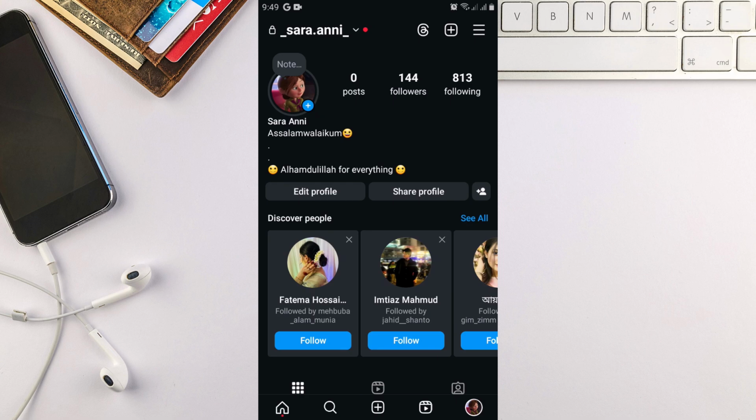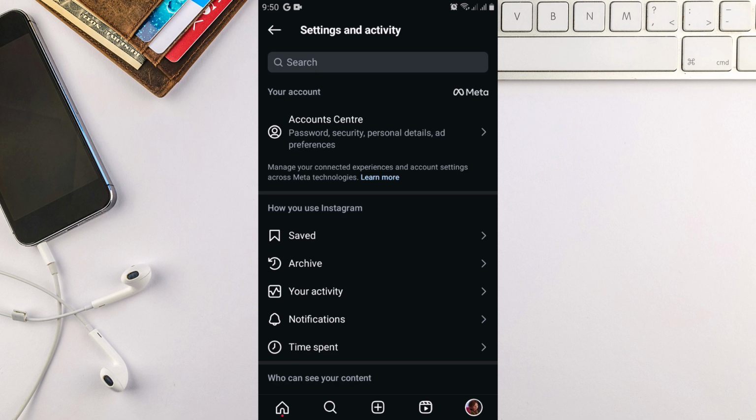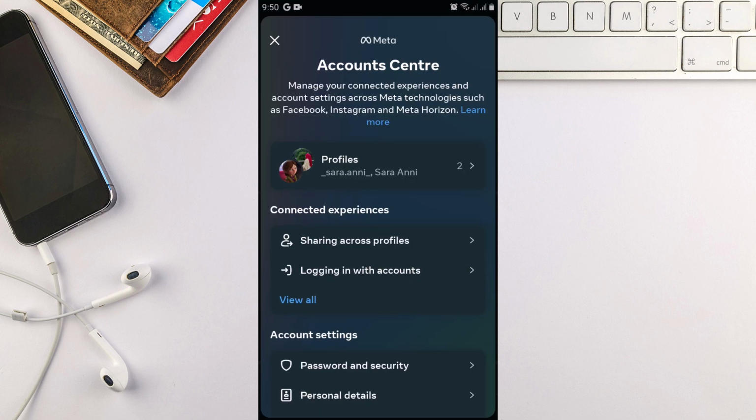Once you're in your Instagram account, head over to your profile that is already linked by Meta with Facebook and head over to the hamburger menu. Go to Account Center. Here you can see under Connected Experiences option, there you can see option sharing across profiles. Tap on it